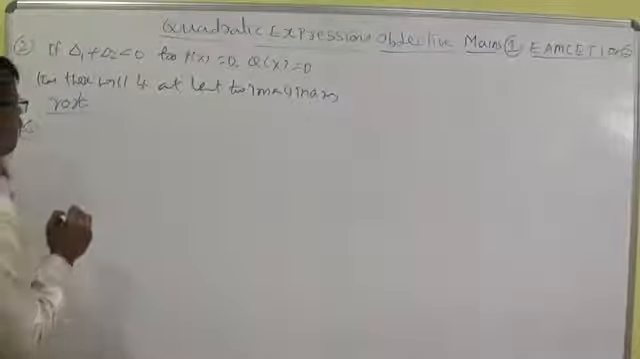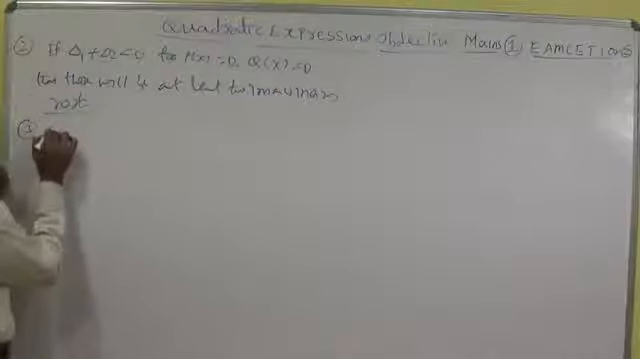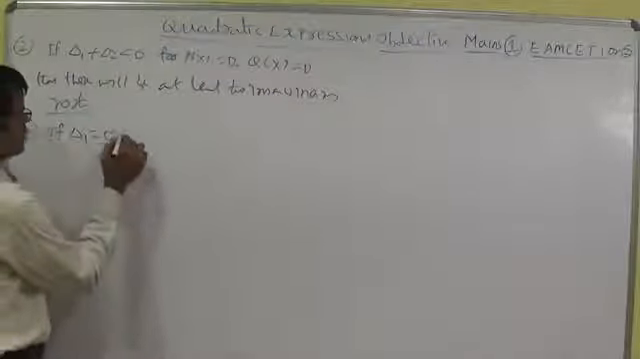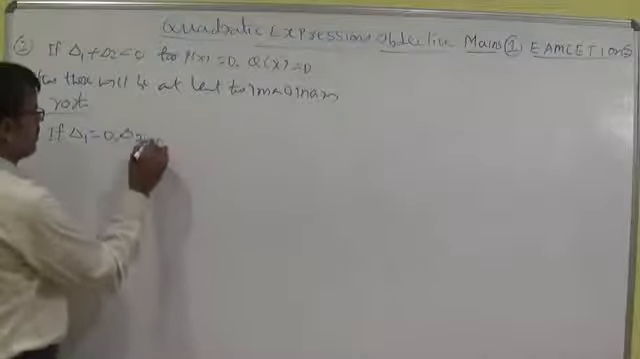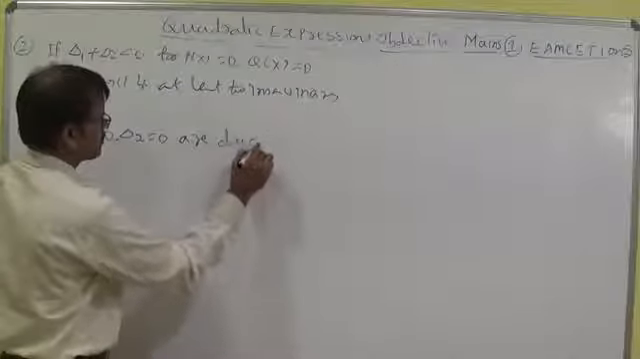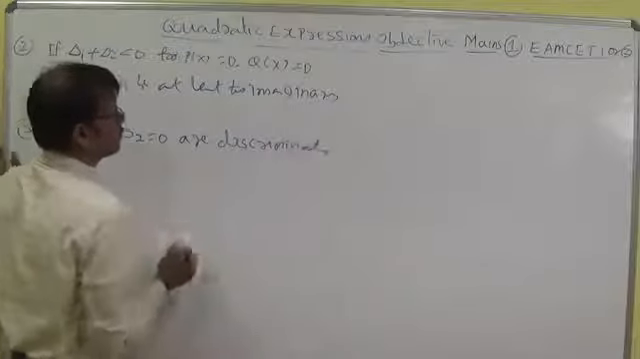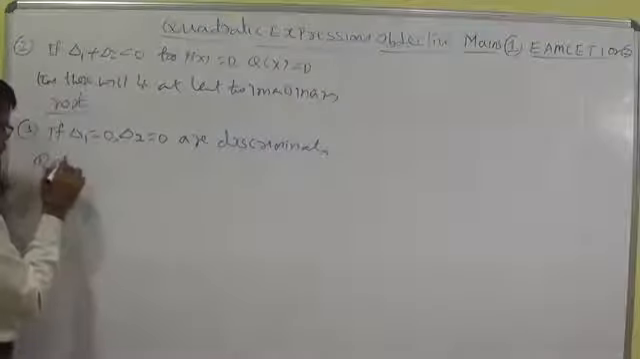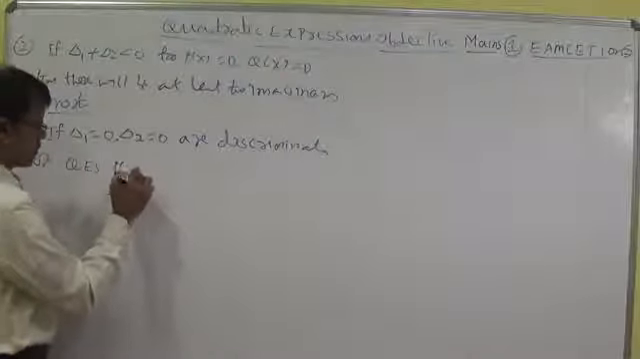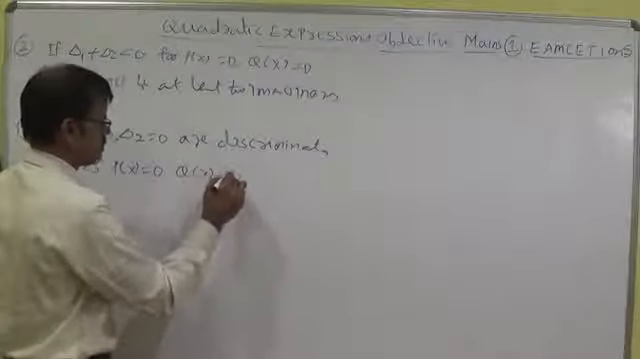Now let us discuss the third, fourth, fifth points. If delta 1 and delta 2 are the discriminants of the quadratic equations P of x equal to 0 and Q of x equal to 0,